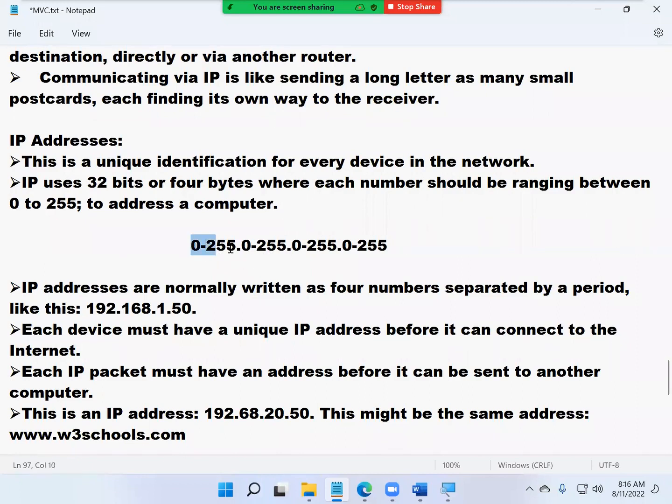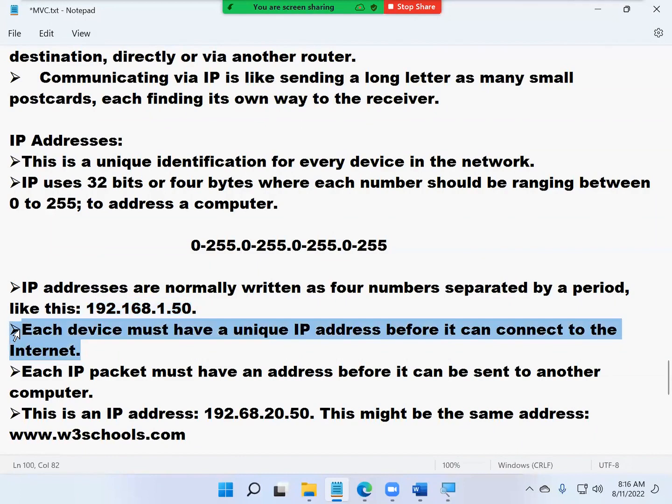You can see this is the first part, second part, third part, fourth part. Totally 4 bytes, 32 bits. IP addresses are normally written as 4 numbers separated by a period like this. Example for an IP address. Are you clear?